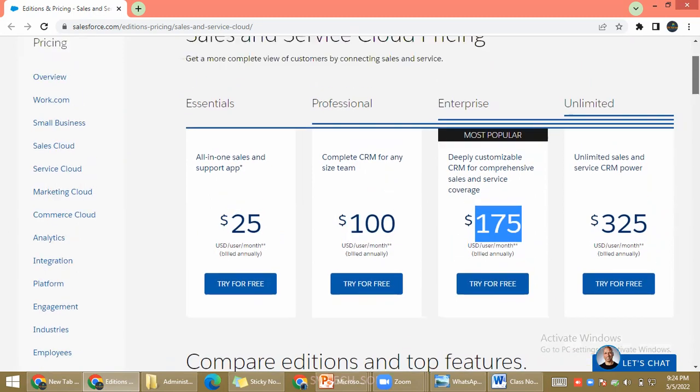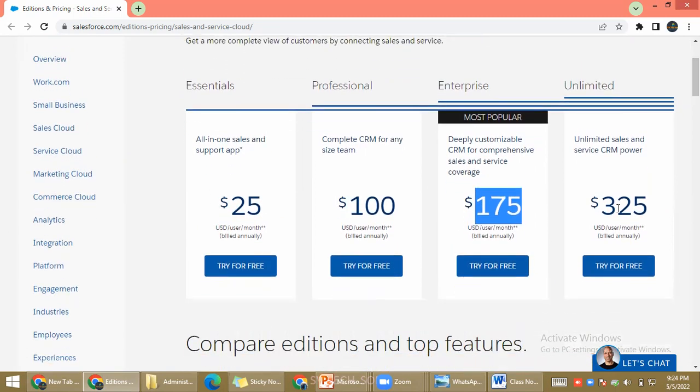But they increased it recently. The Unlimited Edition cost will be $325. But you have to purchase an account once. After purchasing an account, it has lifetime validity. But for user licenses, for each and every user, they charge money, $325 like that. Based on the deal between the company and Salesforce, it starts from $5 to $25 per license. This is the org cost I'm talking about.